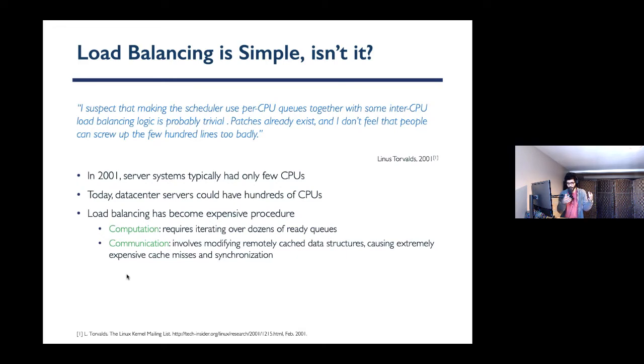So basically either warming up the cache or moving the data from the remote memory to the local memory, or taking the bullet and just accessing remote memory for all the memory accesses, which is not cool. So anyways, it's costly just to migrate a task,